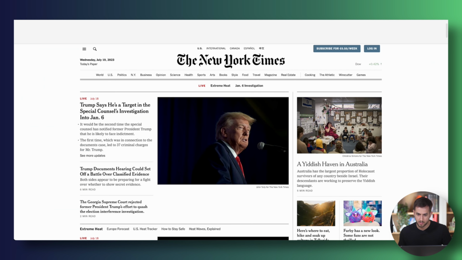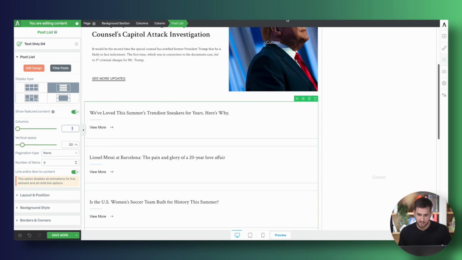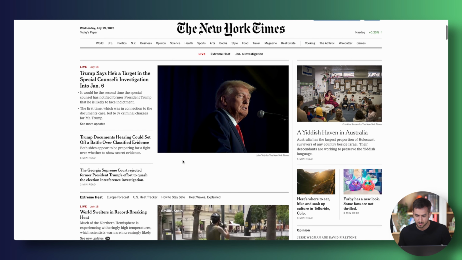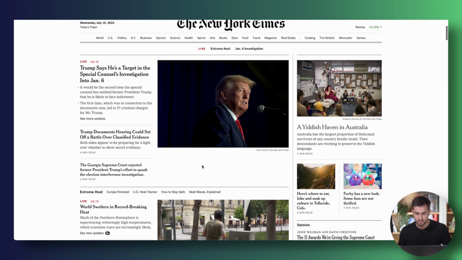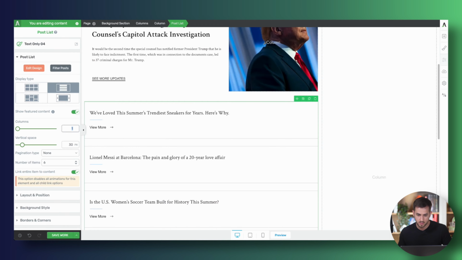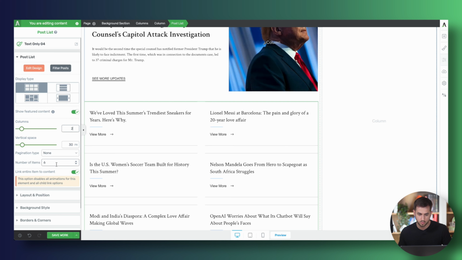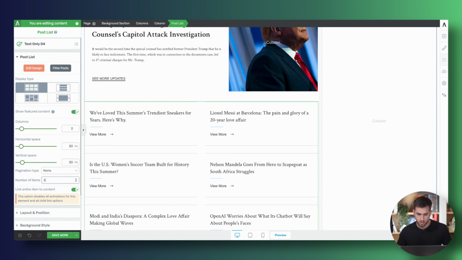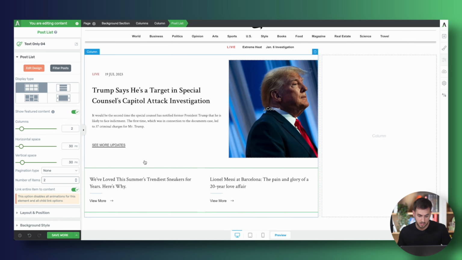And now that I'm thinking about it, you see how the New York Times, I don't know why they do this every now and then, but there's this empty space here that they could be using for something more useful. So instead of stacking up 2 articles here, why don't we just stack 2 of them underneath this? Use 2 columns, but don't pull in 6 articles. I just want you to pull in 2 articles. Great. And isn't this just a better way of making use of space? I feel like it is. But anyways,